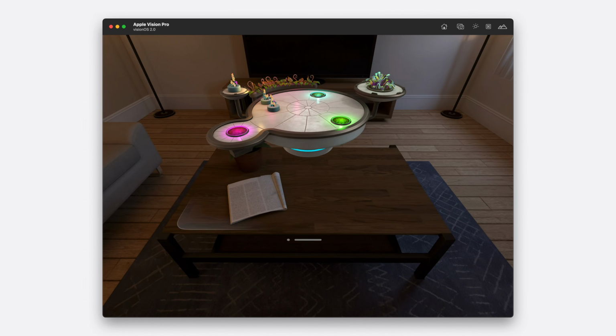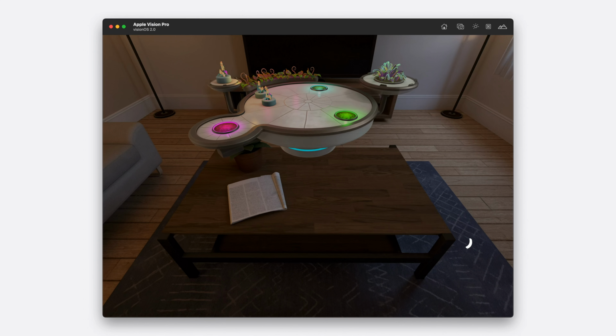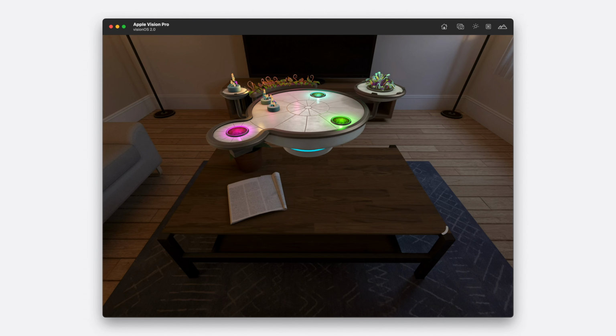And now, as I add in the circular level for the Botanist app, the baseplate helps me to find the edges and corners of the volume, where the window controls are. This is especially important in visionOS 2, because volumes now have new resize handles at the corners, just like windows do. Notice how the baseplate guides me to the resize handle at the corner. But when I try to resize the scene, it just springs back to its original size.